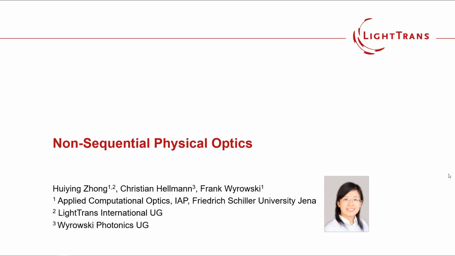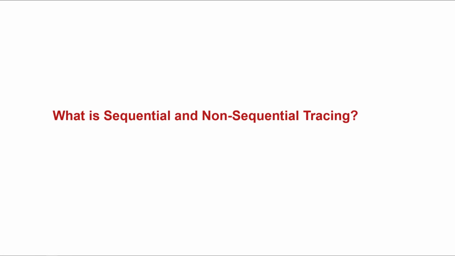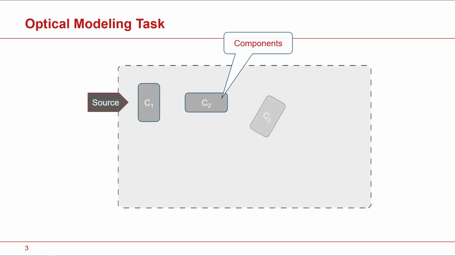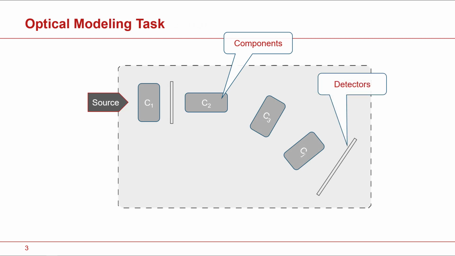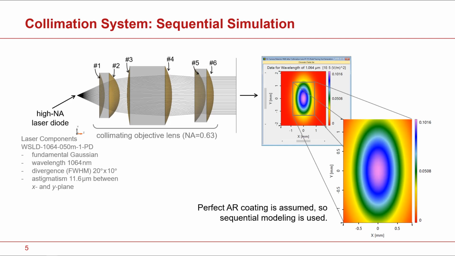Let's start with the question, what is sequential and non-sequential tracing? When modeling an optical system, users first define the source, different components, and detector. Then light propagates from source through different components one by one until detector. It means that users have predefined the sequence of components, and the light propagation follows this sequence. It is sequential modeling. As an example, we would like to collimate a high-NA laser beam by using this collimation